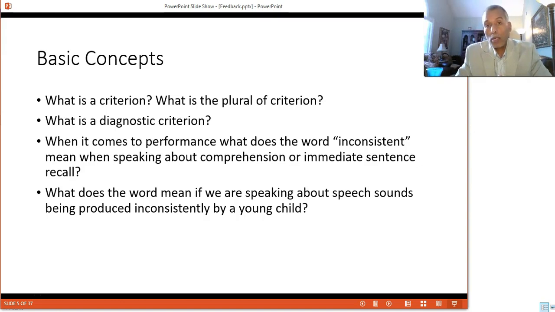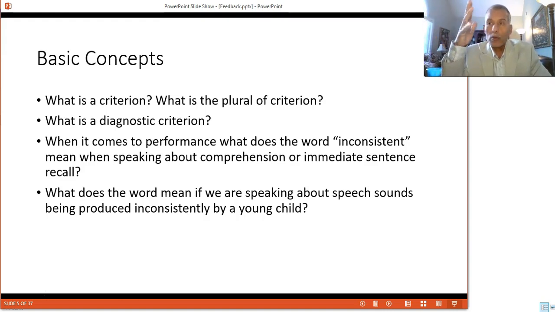Criteria is the plural of criterion. So we use diagnostic criteria to include someone in a disorder or to exclude someone out. But typically, we don't use the exclusion, we use the inclusion criteria. So to say, for someone to have a language impairment or language disorder, they have to have this condition, particularly very precise, very specific. And if you meet it, and if you meet the next condition, then you have the